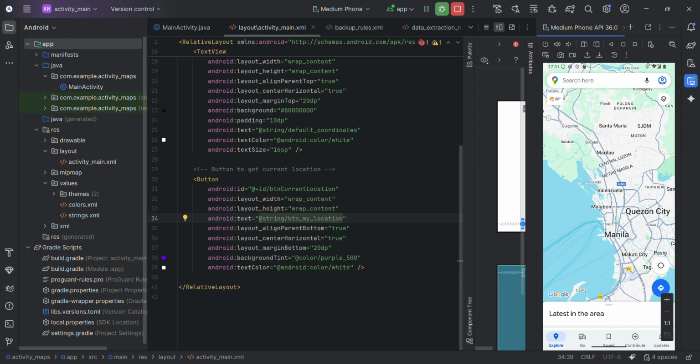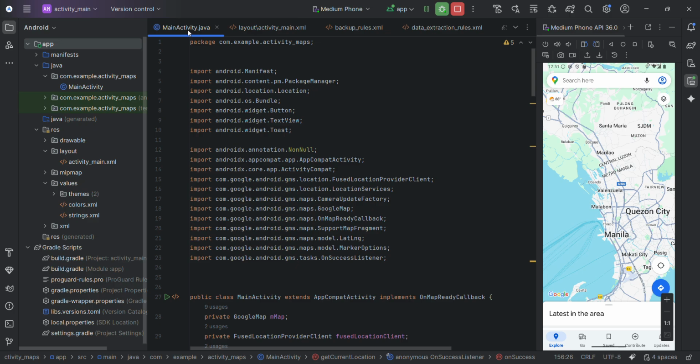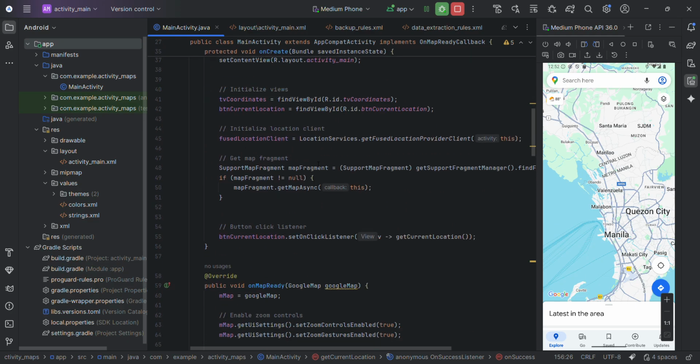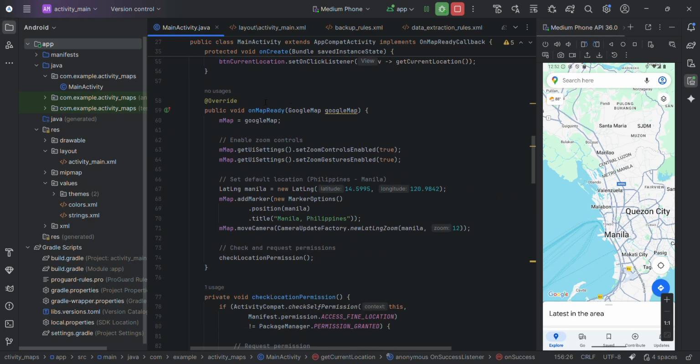In my MainActivity Java file, I implemented the onMapReady interface to initialize the map when it's ready. Inside the onCreate method, I link my views, the text view, button, and map fragment, using their IDs.